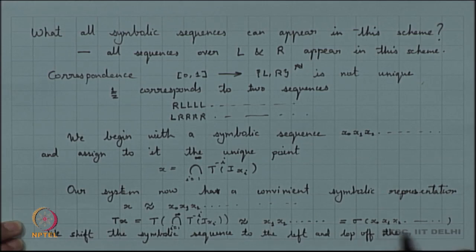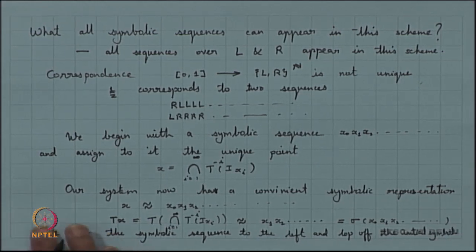So, in order to study the tent map, we look at symbolic sequences and just shift them to the left and lop off the initial symbol. The key utility of symbolic dynamics is that the dynamics is now given in terms of a very simple coordinate shift. So, now we have a shift system which gives you the dynamics,